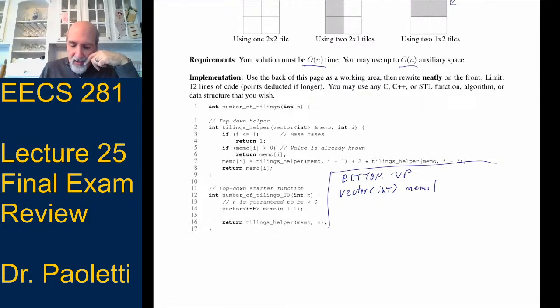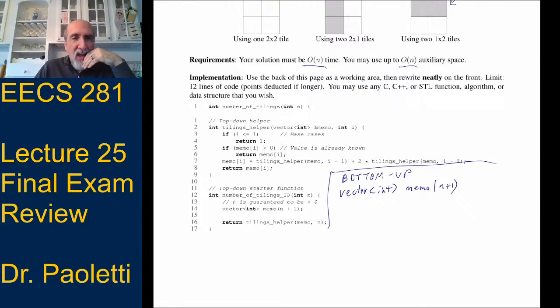So I'm going to make this n plus 1 so that there can be an entry for 0 even if I don't use it. So even if I don't use the entry 0, at least when I'm talking about the number of ways to tile a board of size 3, it's at index 3. And the number of ways to tile a board of size 5 is at index 5. And then index 0, we might use it, we might not use it.